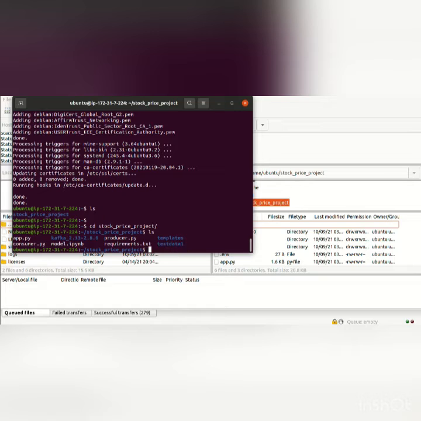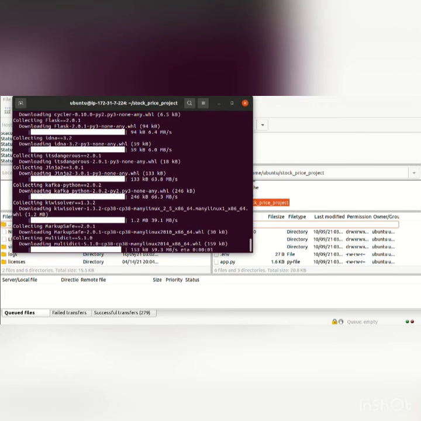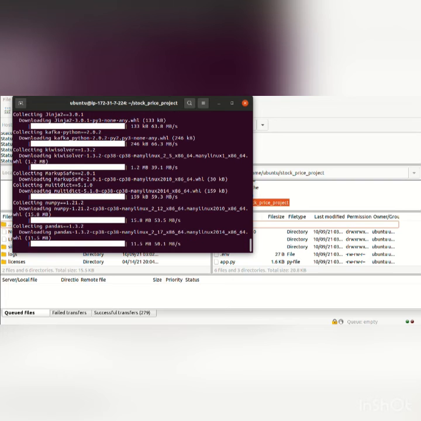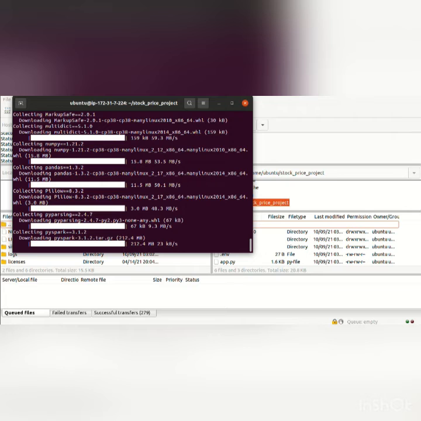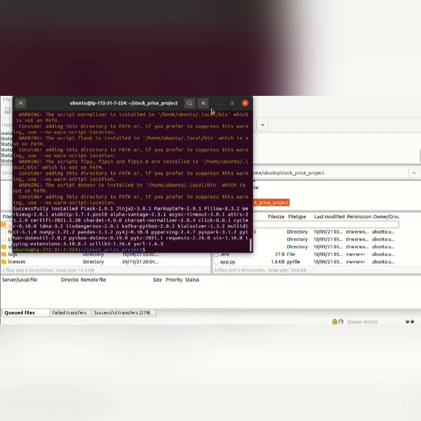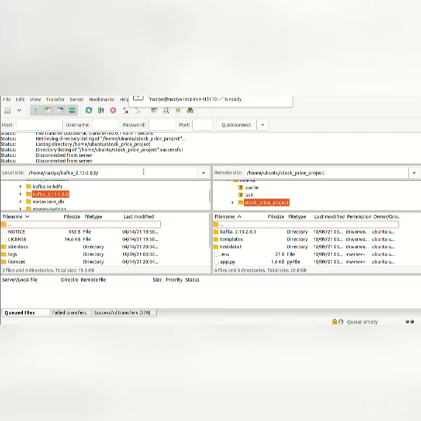Oh, sorry, this is the wrong thing. Okay, it's pip3 install -r requirements.txt. So it will install all of it, all of this present inside this requirements.txt. So all of these, pandas, numpy, PySpark, all of these are getting installed. It's collecting that part. So it will take up some time. I have skipped this part, and it's done now.